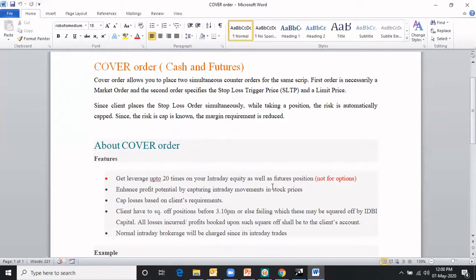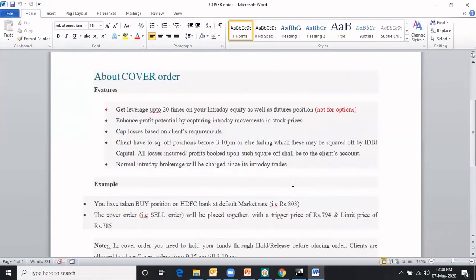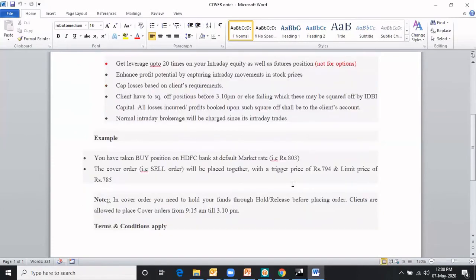So what does it come to? Obviously, if my loss is 5 rupees, then with 10 rupees I can buy 2 and with 100 rupees I can buy 20. But for calculation purposes, or for adjusting your brokerage and all, my system might allow you to trade up to say 15 quantity in that case. Okay, so this is the product detail mentioned here. So you have to go through this product detail in detail and then you can utilize this facility.